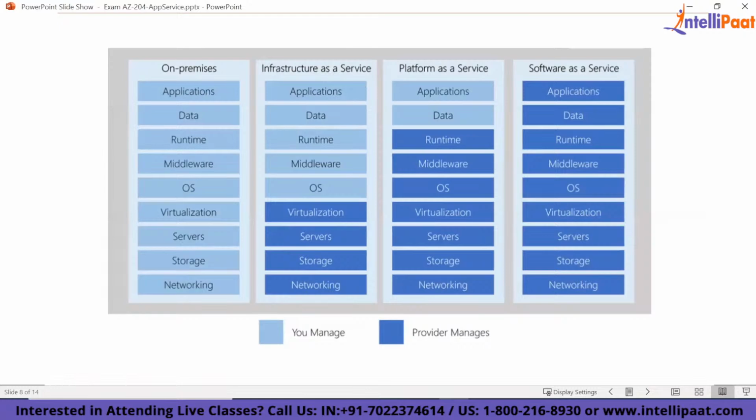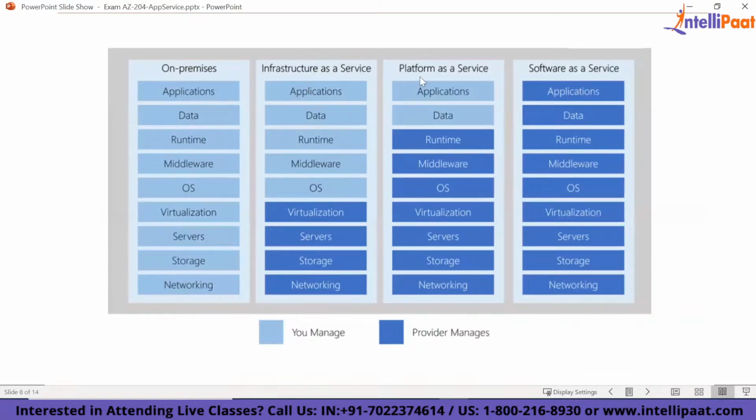So in a virtual machine, you get a machine, and you don't have to worry about which part of the physical server they are giving you for that virtual machine. You just get a virtual machine, which is a box, and your job is to install the operating system, manage its licenses, install your runtime, install your data, and finally build your application. So that is an example of infrastructure as a service.